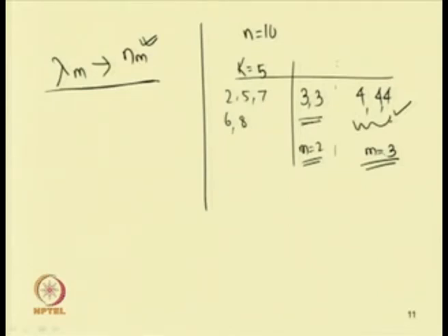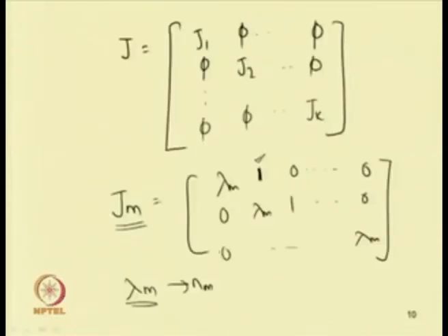So, we have k distinct eigenvalues, and in addition to that, we will have some other eigenvalues which have repeated roots. In that case let n m be the multiplicity of lambda m. So, the matrix J m corresponding to the eigenvalue lambda m differs from the distinct eigenvalue case because we have the entry 1 just above the